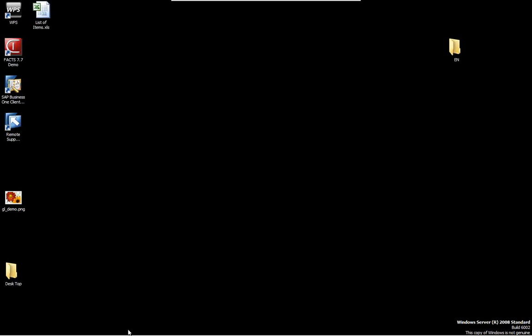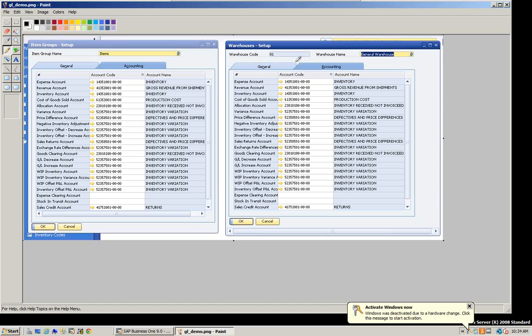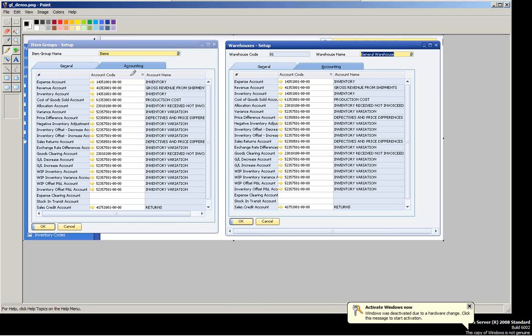Let's go back and look at that. You have the GL accounts when it's not turned on at the item group level and the warehouse level. That's why you saw those three things, those advanced settings. So on your current version, you could have different GL accounts by items or by warehouse. What it's going to do is create that rule to take into effect any of these